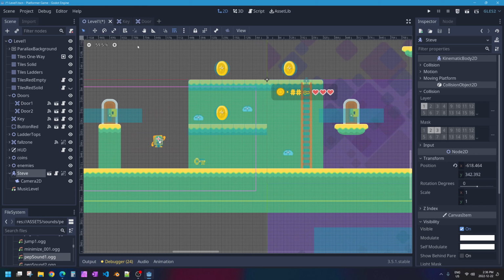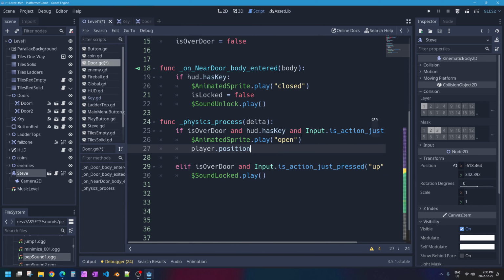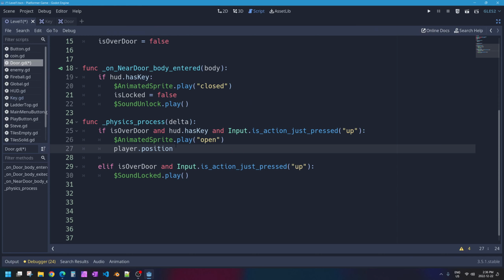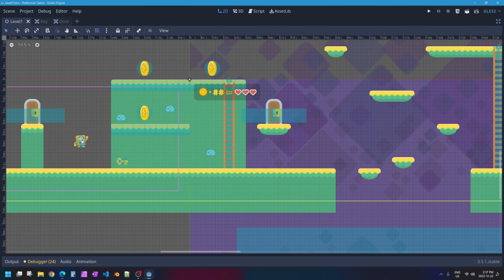It's quite as simple as that. So if I go back to my doors script and I maximize my workspace, if I say make my player's position equal to target dot position, it is as easy as that, at least at the beginning. So if I go ahead and save that and I go back to my 2D scene and I press play scene,